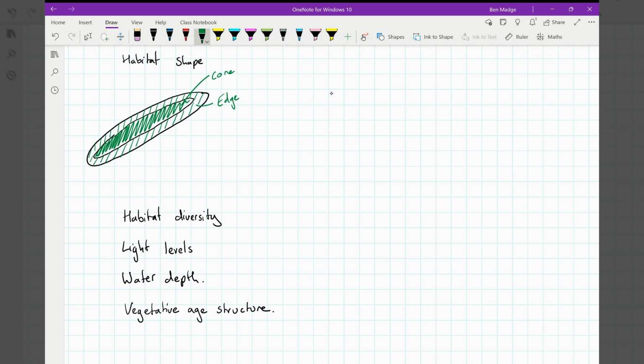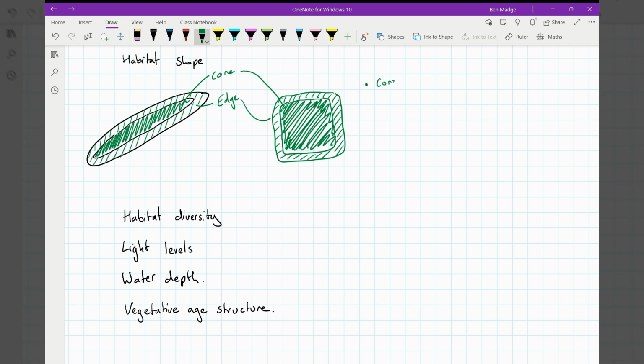As opposed to a similar total area habitat, you can see that our edge habitat will be of a smaller proportion of the total area. We've got a larger core habitat protected in the center here. So that's the core and that's the edge. Now this is fine. It just depends on what type of species you are trying to conserve. So some species require core habitat